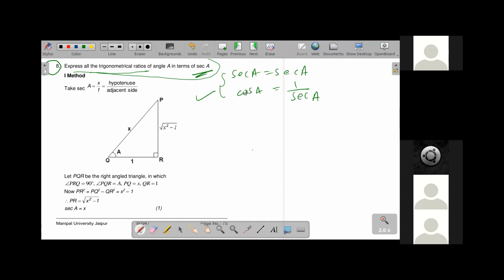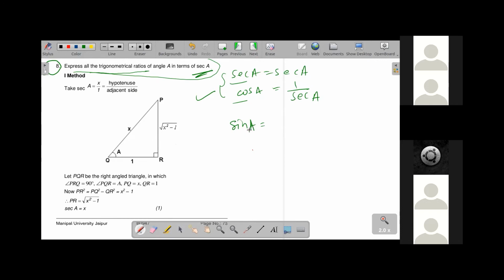Okay, so now everyone understood the question, what we have to find. So now we go to the answer. We have already found sec A and cos A. Let's go to sine. How can we convert sine into sec A? We don't have a sine to sec relationship directly, but we have a sine to cos relationship.